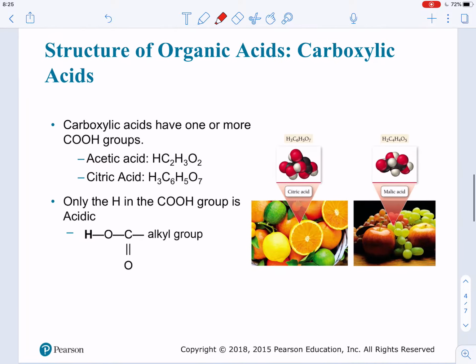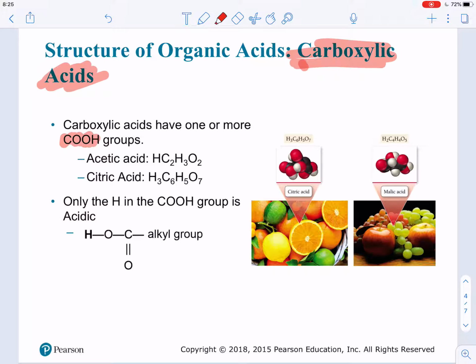There is a particular family of acids that we call organic acids, and we call it organic because of this particular group, the carboxylic group. And the carboxylic group is pretty much this structure here, COOH. Organic acids are particularly characterized by the presence of that group. You can have one group, you can have many groups. It doesn't matter how many you have. If you have at least one, you are going to be considered an organic acid. So the most common is acetic acid, but there is also citric acid. Both of them will have a